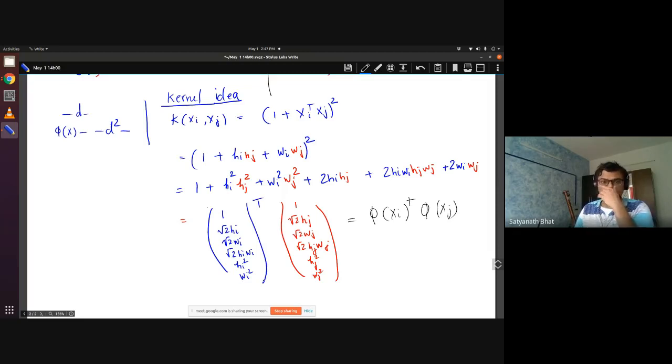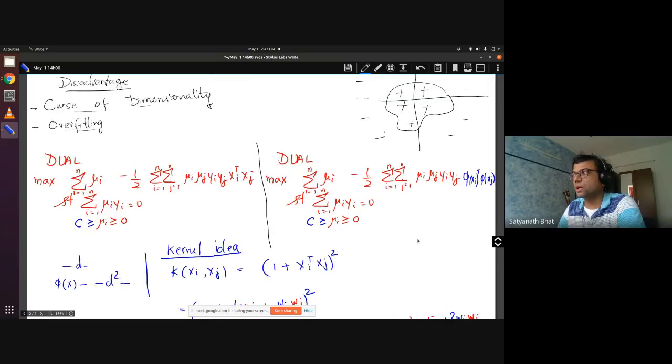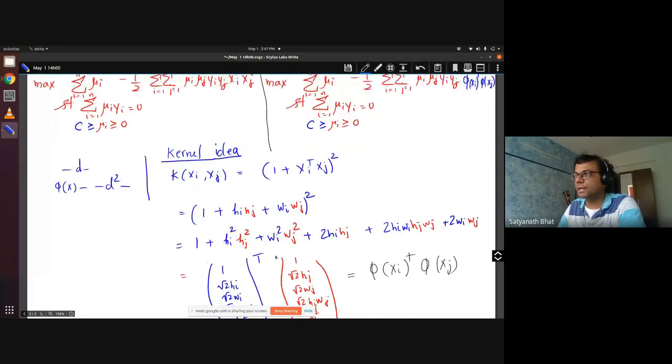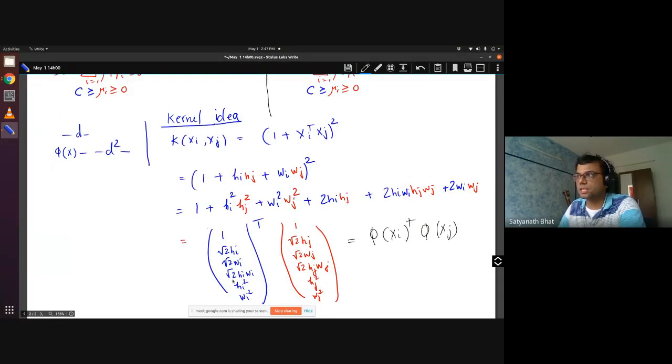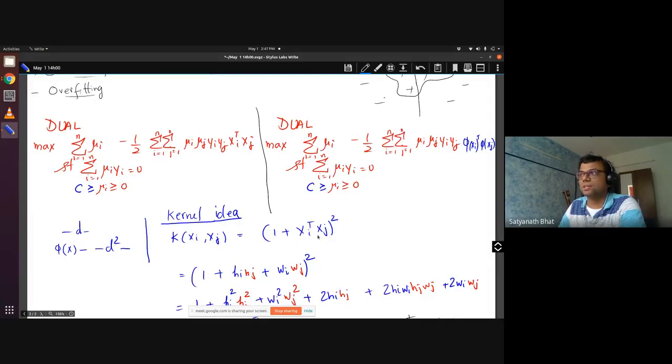So does it make sense? Now what is the advantage? If you had done this in the original space itself, and you had taken the dot product, you would have to compute all these terms, which are like d square number of terms. So it is a more costly operation if you did it directly. But if you do xi transpose xj, it is a small cost, almost the same cost as in the original space. So in that sense, the movement into a higher dimensional space using the kernel was extremely easy.